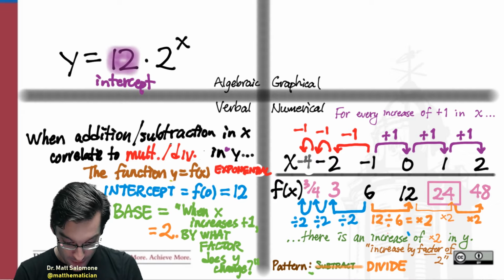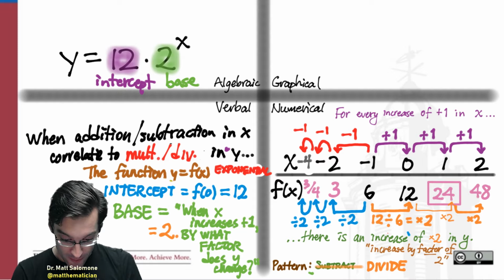And the number 2, sitting right here, that's my base. So that's how the base and intercept get into and out of this equation form that we have happening over here. Right? And so finally, from the graphical perspective,